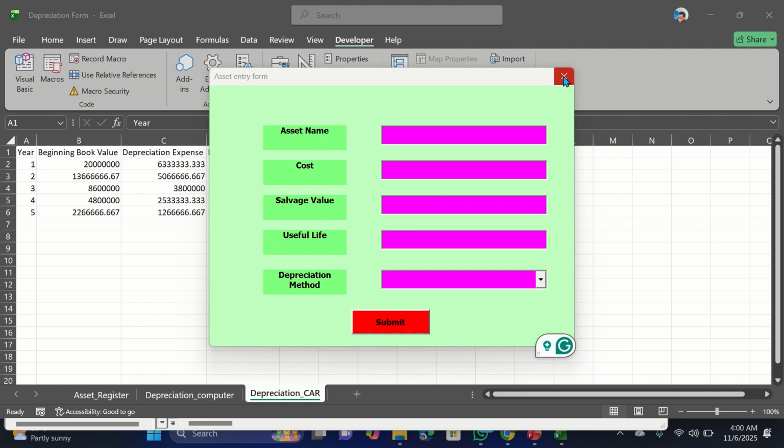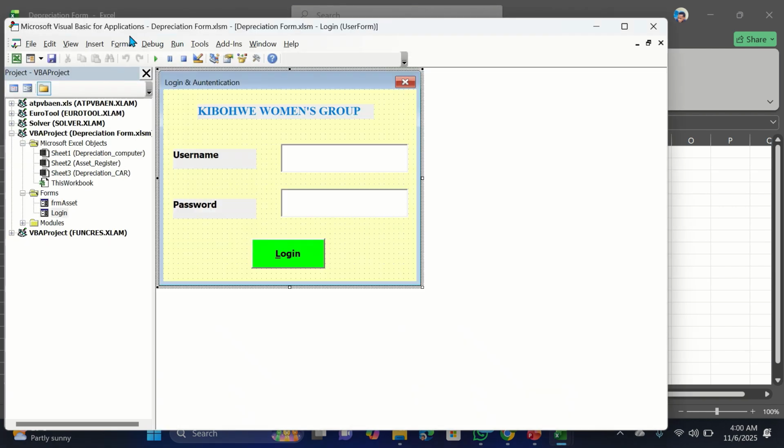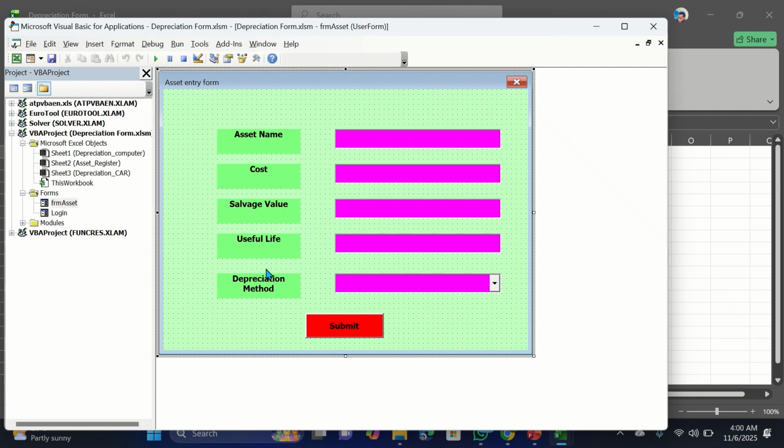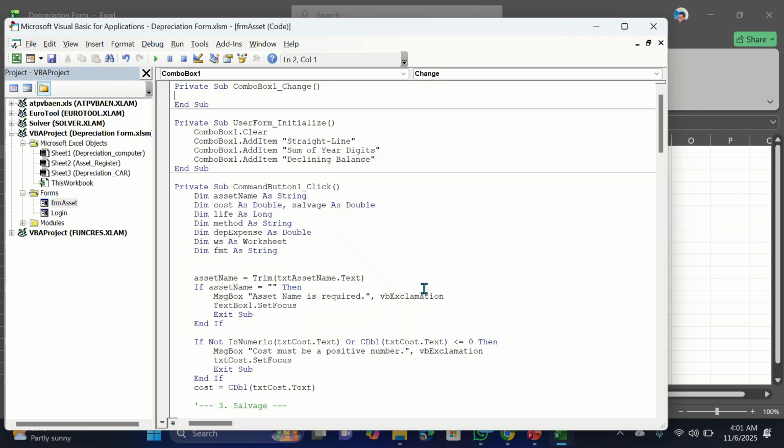So in our Visual Basic, our form asset is this one. This is the appearance of our asset form. So we had to give our CMD box, no, the depreciation method. How we came up with this, the depreciation method, we had to give it that